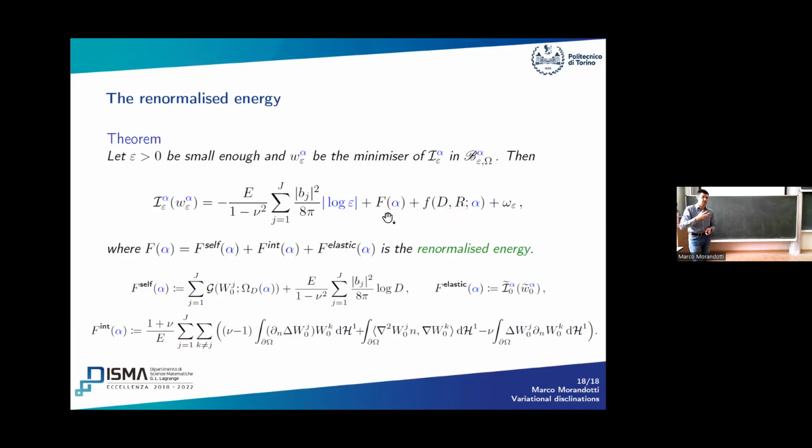And it's an energy that kind of forgets about the mechanics in a way, because it doesn't depend on the deformation fields. It only depends on where the defects are placed in the body, right? So we make it depend on alpha. It depends precisely on the points where alpha is supported, and it can be split in turn into three parts. One which is called the self energy. So dislocations create or store elastic energy just because they are there. Then there is an interaction energy between one dislocation and another one. So it's a pairwise interaction where they all come into play. And it's got kind of a bad expression. It's kind of elaborate, but it's the one down here.